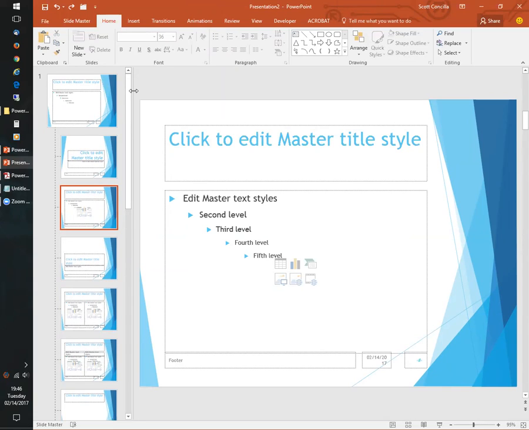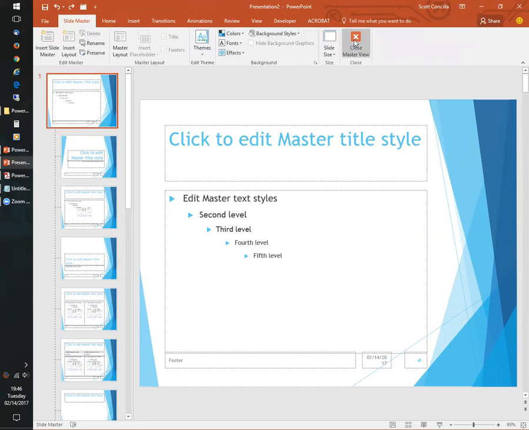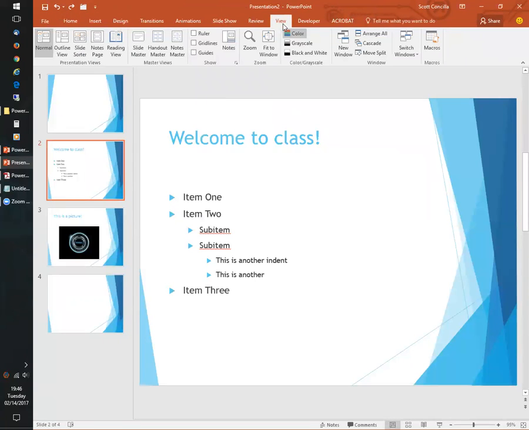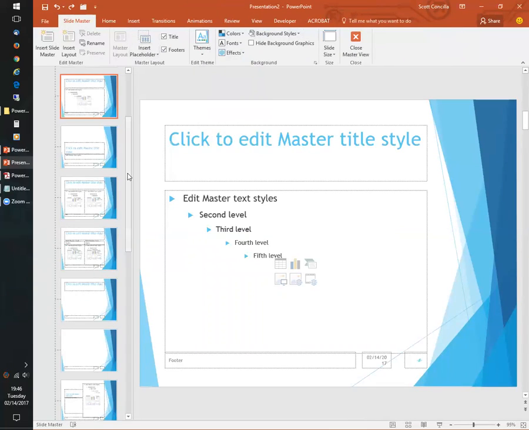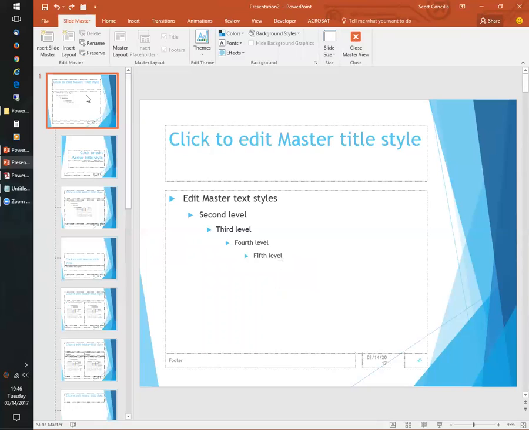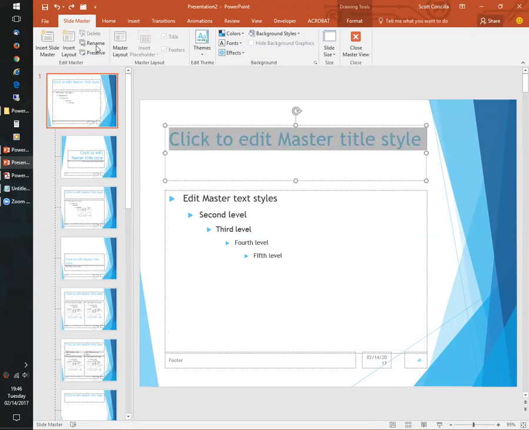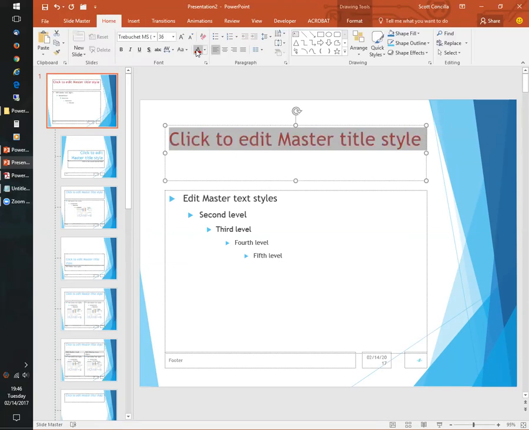Sometimes when you go into the master view here, you're not on the top slide. You gotta watch closely. When I go View, Slide Master, make sure you've scrolled up and you're on the topmost slide, because sometimes it puts you on the layout master, not the slide master. So I was like, what the heck? Why didn't that do what it was supposed to? All right, let's change this all to red.